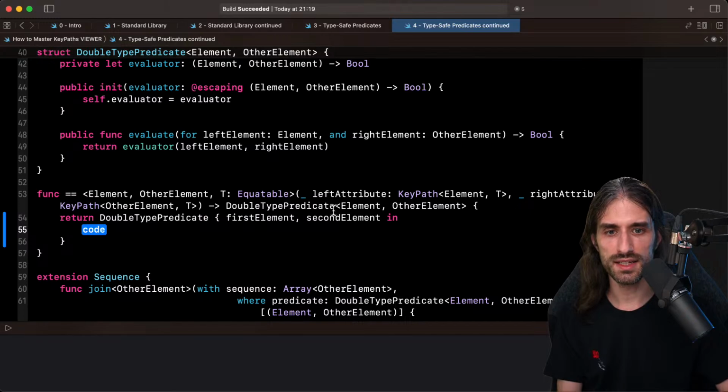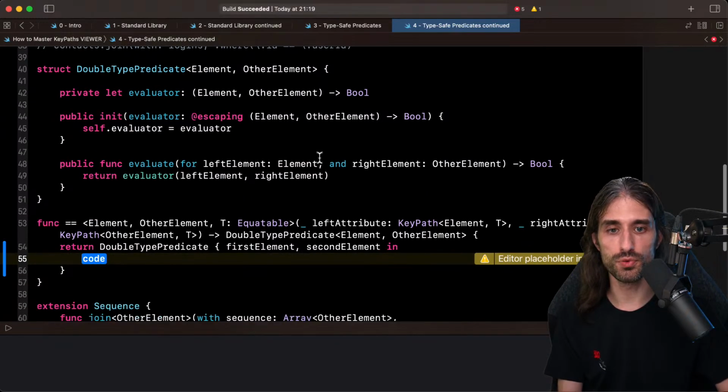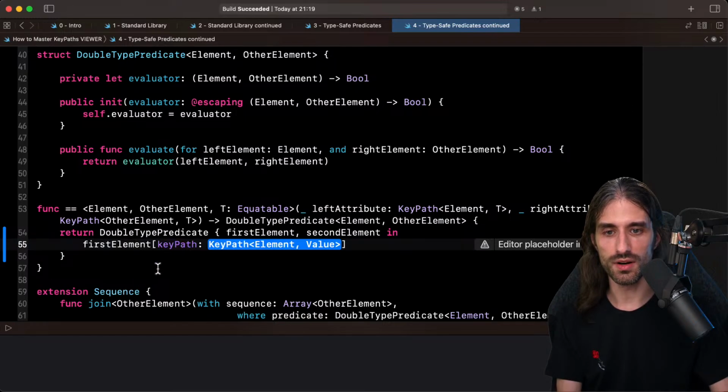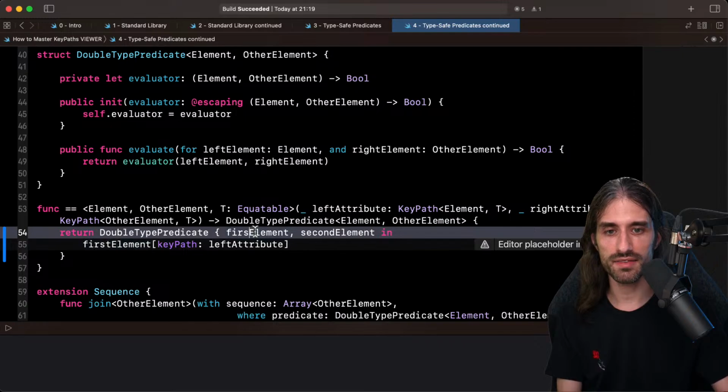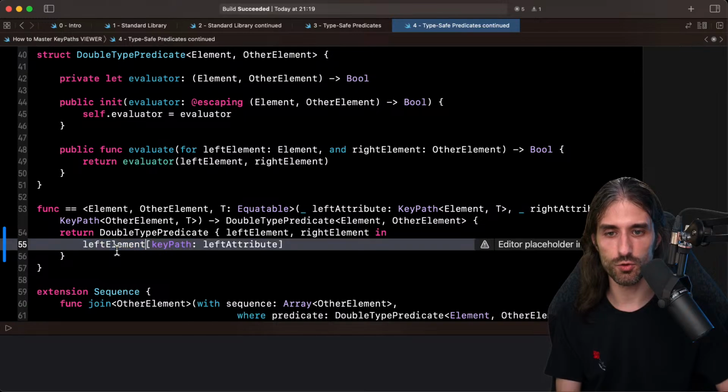And now I need to compare these two things. I need to produce a Boolean from these two things. So from the first element, I can use the left attribute. So actually, the name left element will be much better, and right element, this way the naming will be the same between the two sets of arguments.